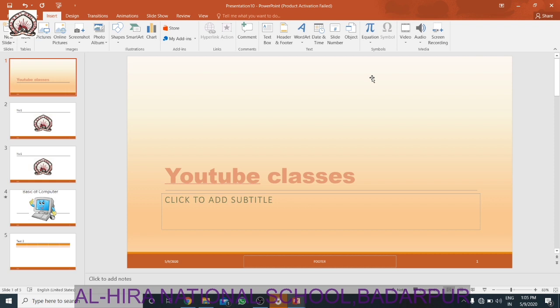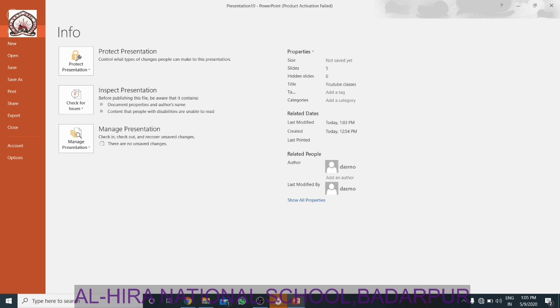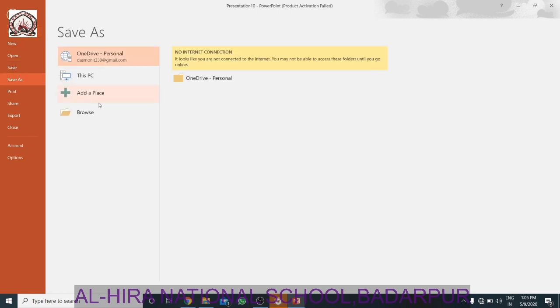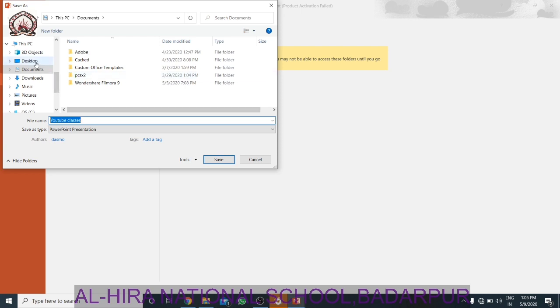Now how to save, close and open a presentation. Now how to save a presentation? Say this is my presentation, how to save it? I will go to the File tab, and you can see the option Save. I will click on Save, then browse for the location where to save it. Suppose I want to save it on the desktop, I click Desktop, and then I just click Save. It will be automatically saved.